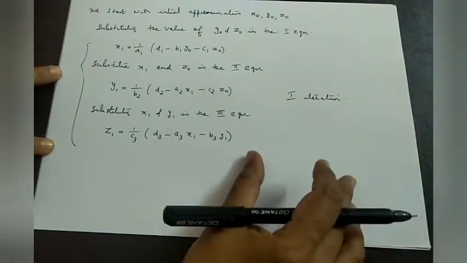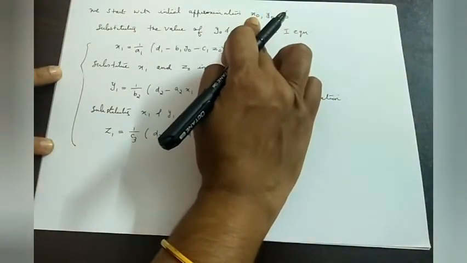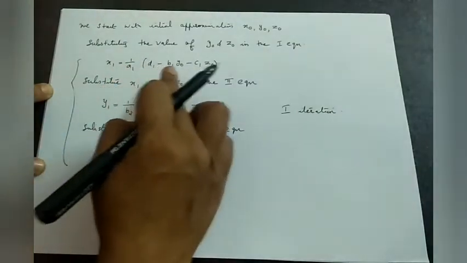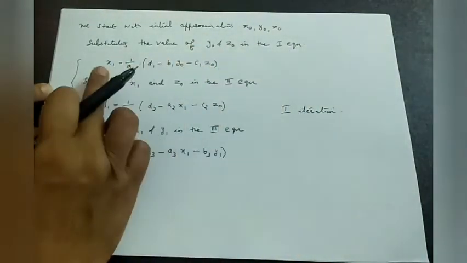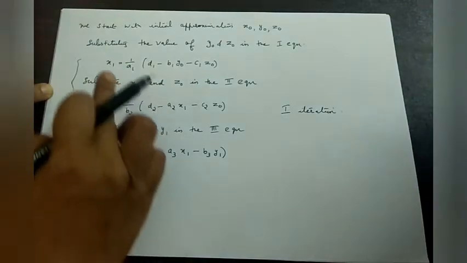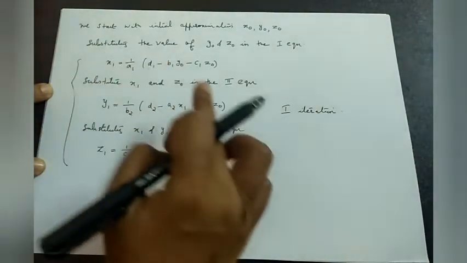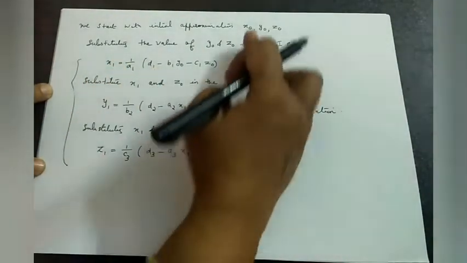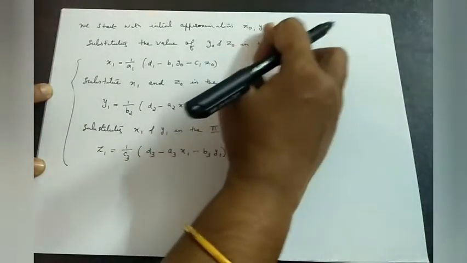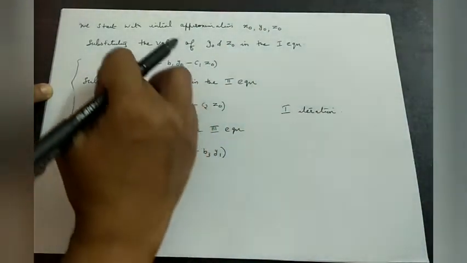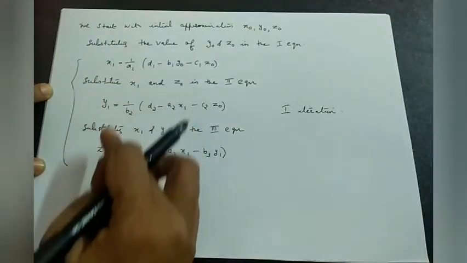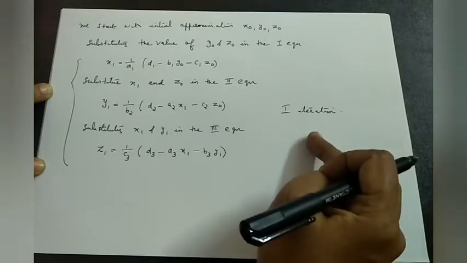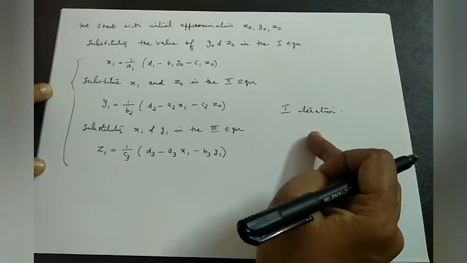So to start with the problem, initially we will take three approximations x0, y0 and z0. Then substituting the values of y0 and z0 in the first equation, we will get x1. Then in the second equation we will substitute x1 also, so that x1 and z0. The third equation we will substitute x1, y1 and z0. Therefore we will get z1. Thus, we get a set of values x1, y1 and z1. It is called the first iteration. Similarly, we can find out the second iteration, that is x2, y2 and z2.